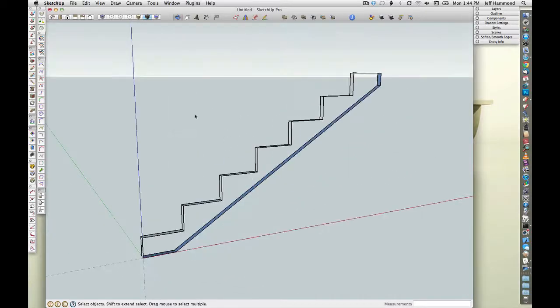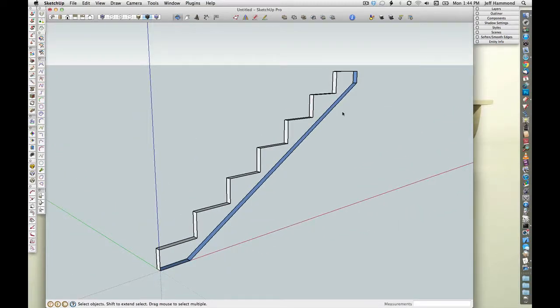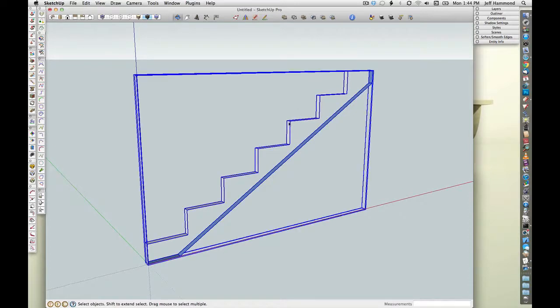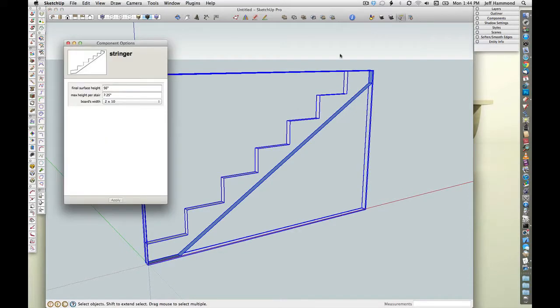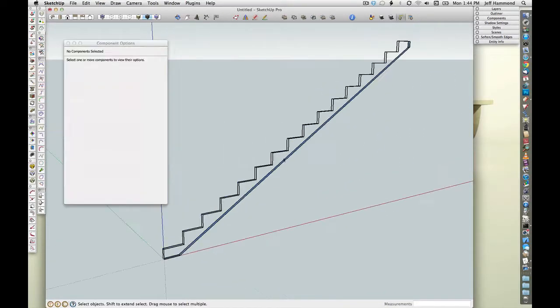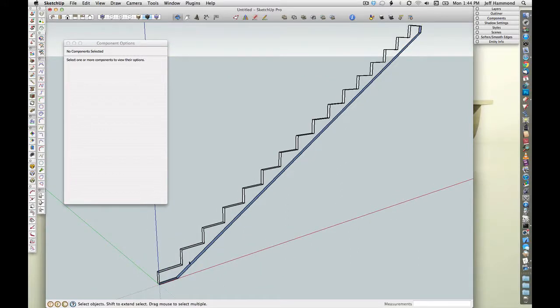Okay, I'm gonna show you guys how to make a simple macro in SketchUp using this stringer. For an example of what this is, it's a dynamic component. Basically, it's got different options, changes. The thing is, in order to build this stringer with dynamic components, I had to make each and every